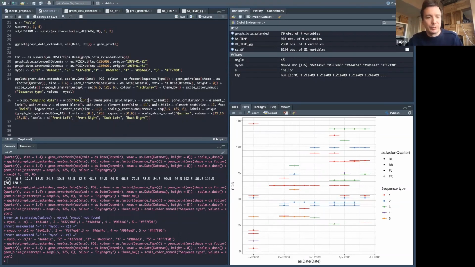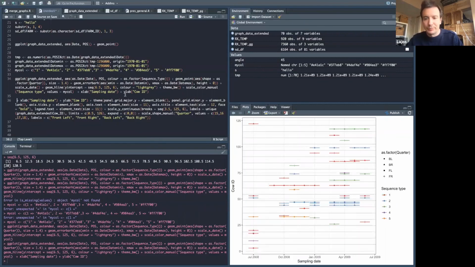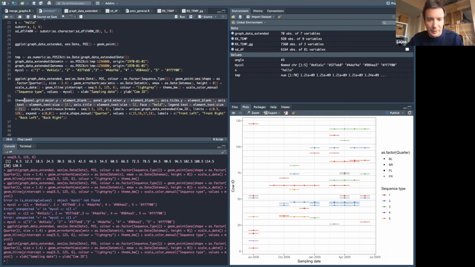And I, of course, changed the labels because, again, I don't want pos and as_date in brackets as my labels. So xlab and ylab. And then all the next things from here up to there, it's all about changing